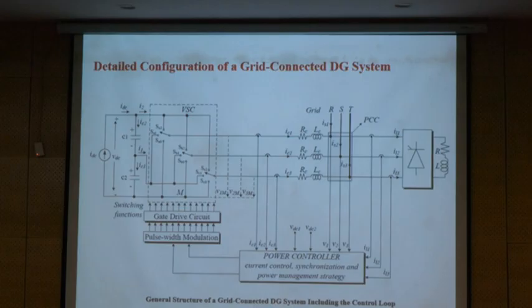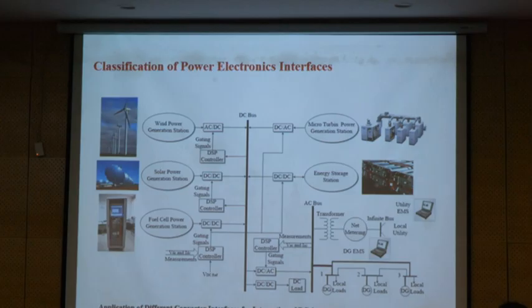Udaya? Okay. So now this is actually general, just a sample of the different applications. You see that the nature of this technology is AC. The nature of solar is DC. Fuel cell is DC. And micro turbine is AC. Energy storage is DC. And then we also have different types of load. So if we are going to supply, we need some interfacing system. So we need a rectifier. We have a DSP controller to